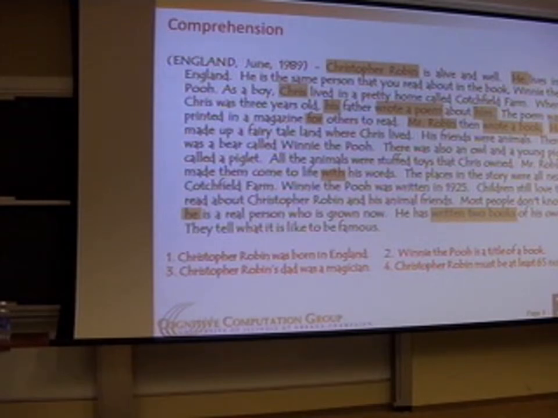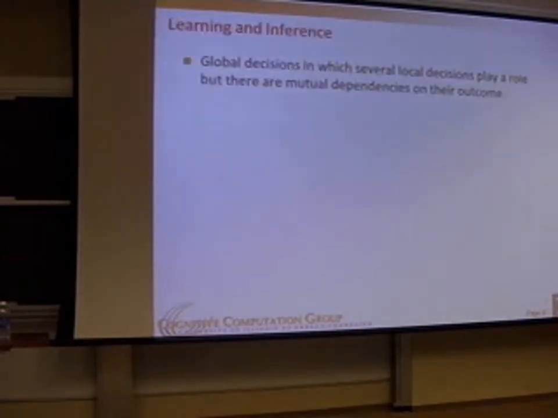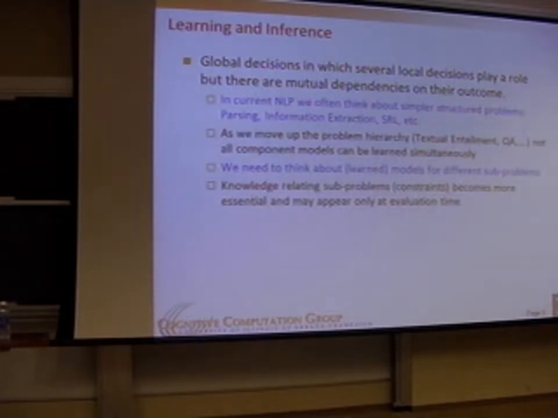So over the last few years, or 20 years in NLP, we actually made a lot of progress on each one of the individual problems. And what we really don't know how to do is put things together. And this is kind of what I call the inference problem. So this is my goal here. I want to think about these global decisions where multiple local decisions play a role, and think about how to take into account these mutual dependencies in order to address the global inference question.